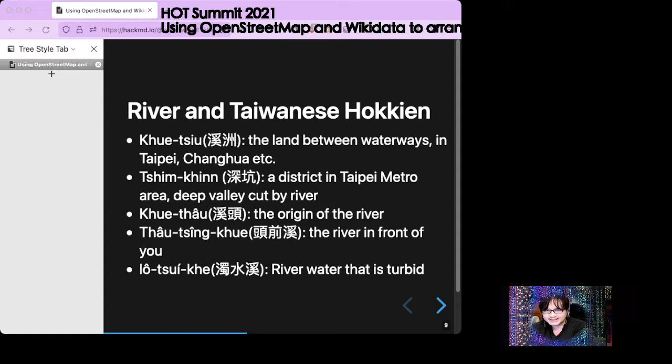Qingping is a district in the Taipei metro area, and its meaning is a deep valley cut by a river. Another means the origin of the river. A river in the Hsinchu area means the river in front of you. And for the longest river in central Taiwan, the name means river water that is turbid.